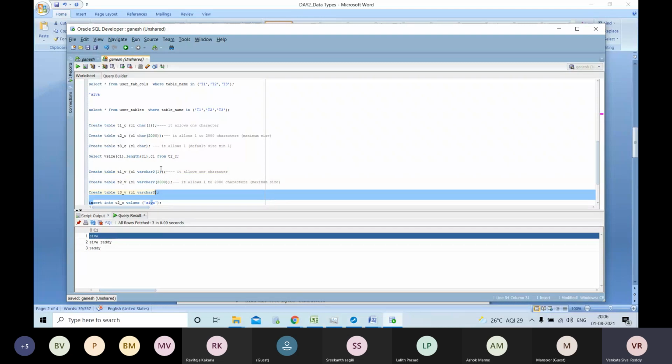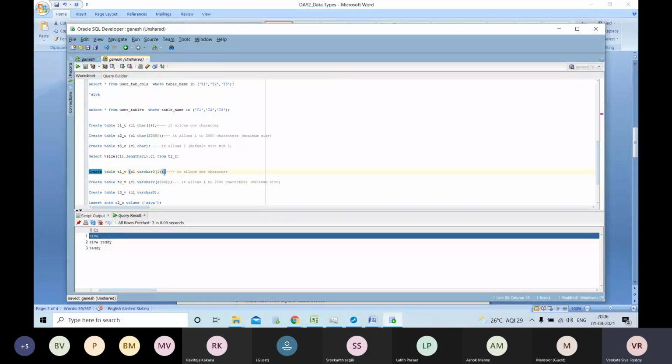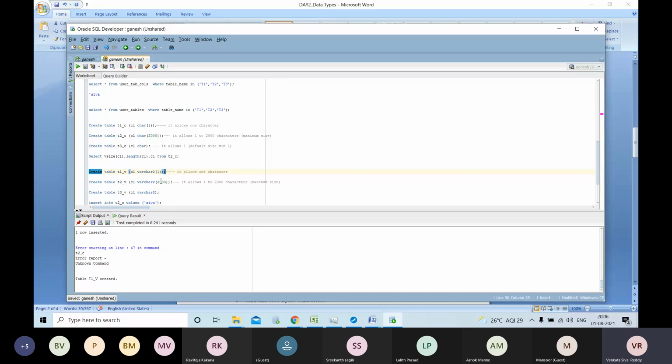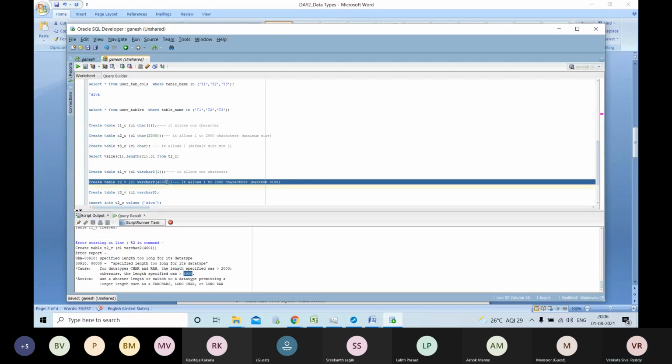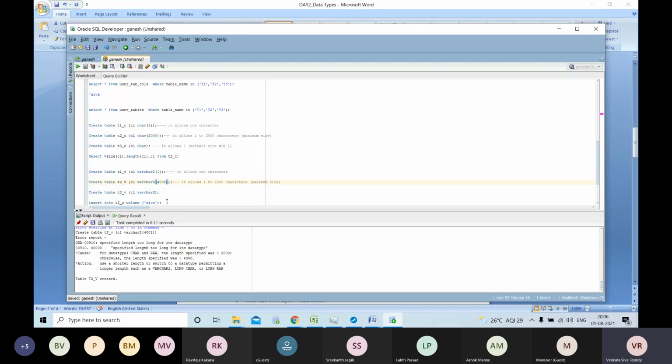Okay. Same, I'm going to create this now, T2V, and try to insert. Does Oracle varchar2 have the capacity to insert greater than 4000 bytes? I'm going to give the size as 4001. So it will give the error: specified length too large for its data type. You can insert greater than 2000 and less than 4000. It allows up to 4000 only. You mentioned 4001, right? So I'm going to create the table and insert the same values.